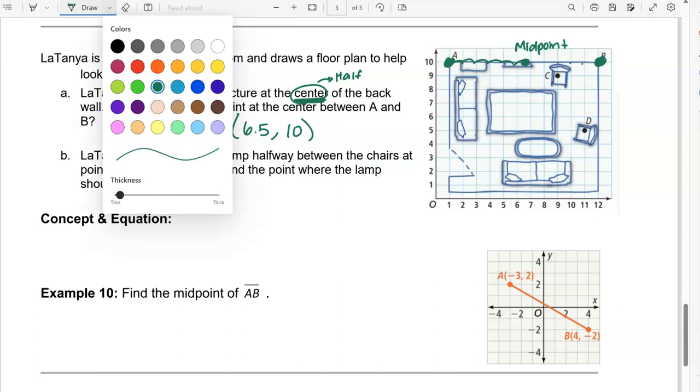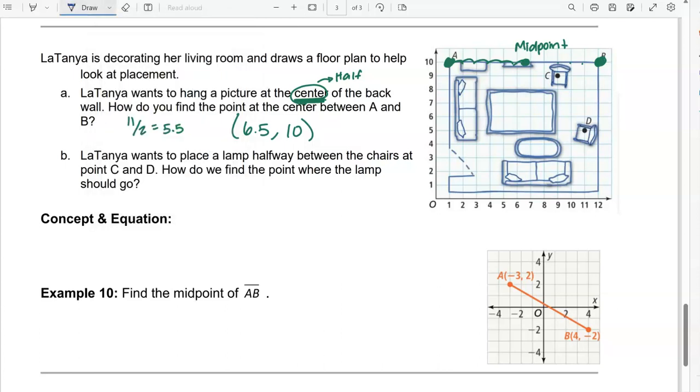But now let's look at maybe a little bit more complex. It says LaTanya wants to place a lamp halfway between the chairs at point C and point D. So how would we find that point between C and D? Take a second, think through it. Now, when we looked at A to B, finding the midpoint, we were just going in a horizontal direction. From C to D, this is more of a diagonal direction, which means we need to find that halfway point